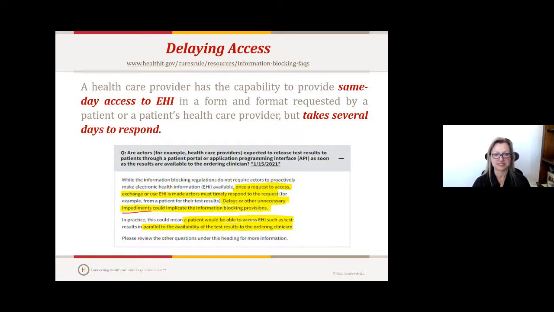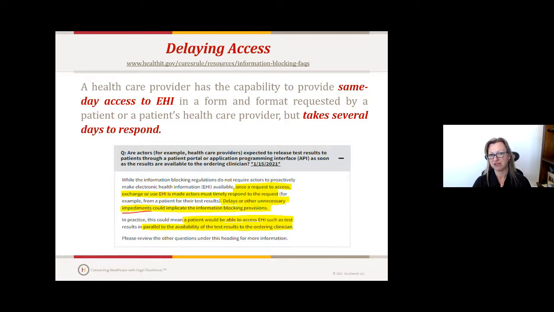So it's basically saying that once the result is ready, and you've promised the patient the result in the patient portal, and/or the patient has requested it in the patient portal, one or the other, it essentially has to be pushed up. But what about our 24-hour delays? What about our 48-hour delays, 72-hour delays? What about our procedures that we put in place where the physician has to sign off or review it first and call the patient? That all goes out the window.